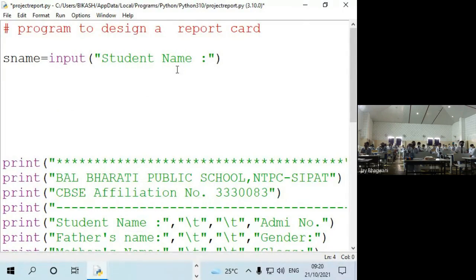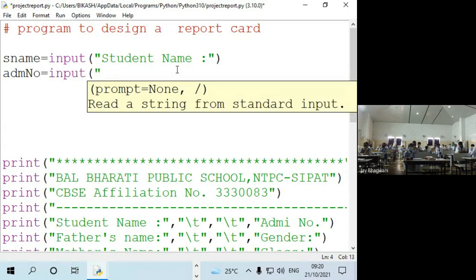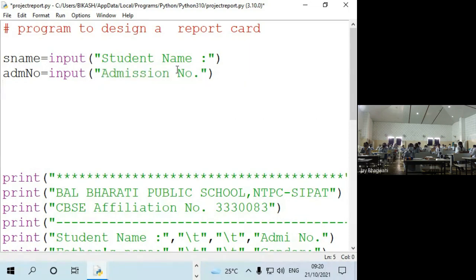So simply input student name. I have just done it. Because by default, the Python input keyword gives you the text type of data, string data. Then after, the admission number, that I have given as ADM NO, and always be careful about case sensitivity. So it is ADM capital N. So when I want to print it, I will again put the capital N. Because the admission number is also a text type. So this is the admission number.